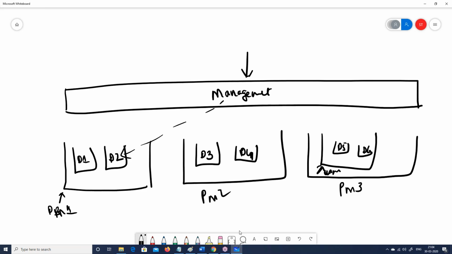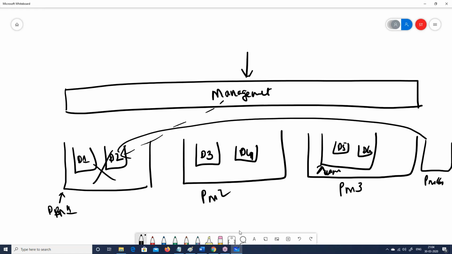Let us say this machine fails out here, I would like to have a failover. I would like to say that, okay, here is the PM4 machine, which was kept as a standalone. So from here, just take these two, D1 and D2, and start running them out here. So you want to have a management layer out here, which will help you